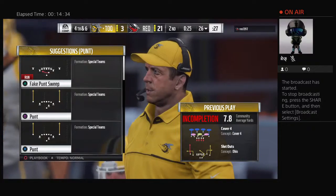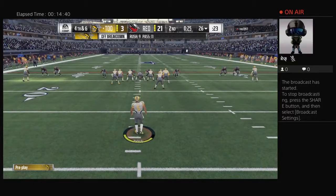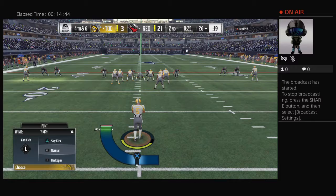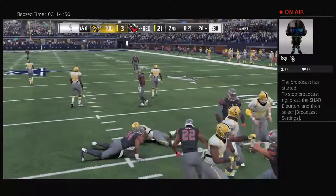An attempt at a deep ball there, and they didn't get it. But, boy, they're going to need a few of those to actually hit in order to get back into this game. Good thing they do have a little bit of time here still left in the contest. Decent-sized deficit, but not one that they can't manage. And now the up man has it. It's a fake. And he's not even going to...